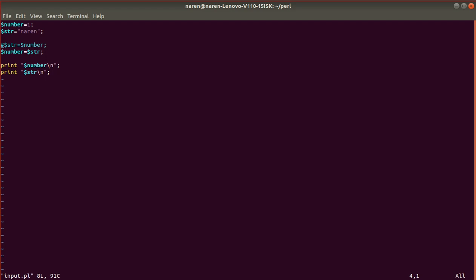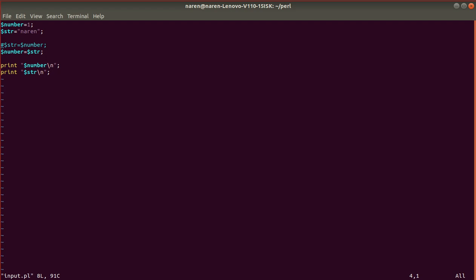So what we can observe from this is, actually there is no integer variable or string variable. All the variables are the same in the Perl programming language. If we give the value as an integer, it will take it as an integer. If we give the value as a string, it will take it as a string variable. So like that only it will happen. There is no particular variable for integer and string in this Perl programming language.